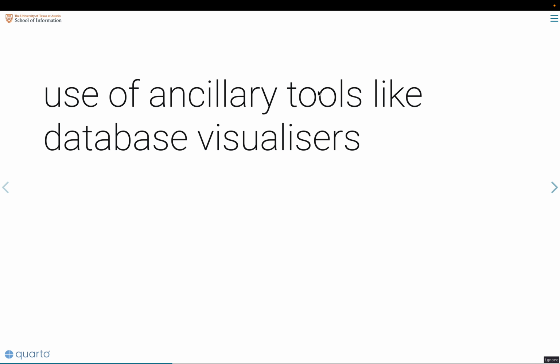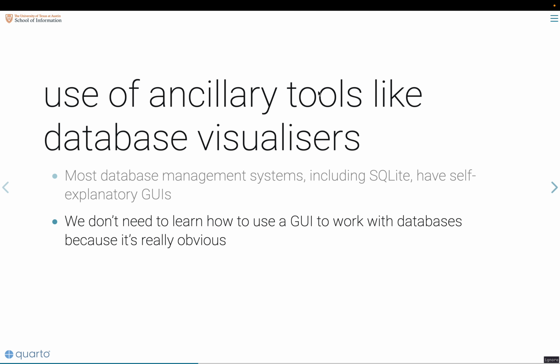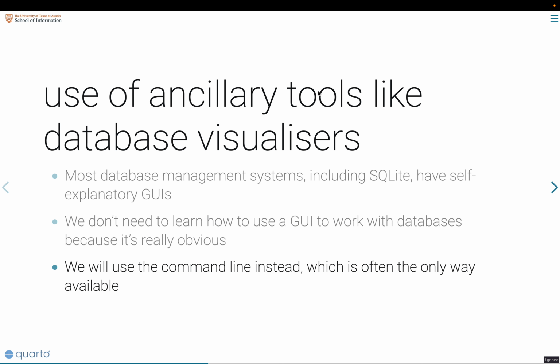The use of ancillary tools like database visualizers. I'm going to show you one such tool. There are plenty of self-explanatory GUIs that you can use. You don't need to learn how to use a GUI to work with databases because it's really obvious. You don't need any tuition in it. You do need tuition to use the command line, and the command line is often the only way that's available. You often actually have to log into a remote computer and use the command line to work with databases. So we're going to learn the command line approach